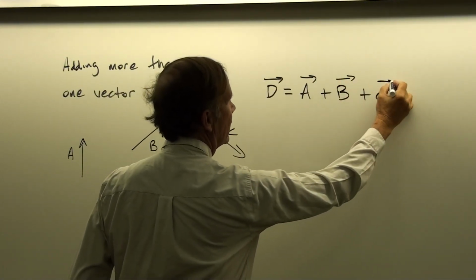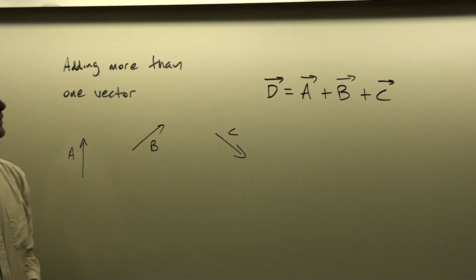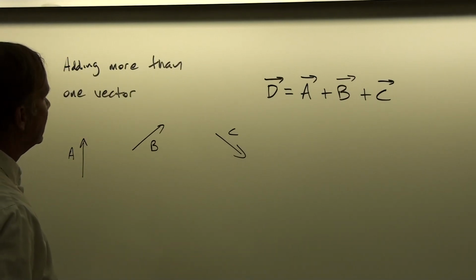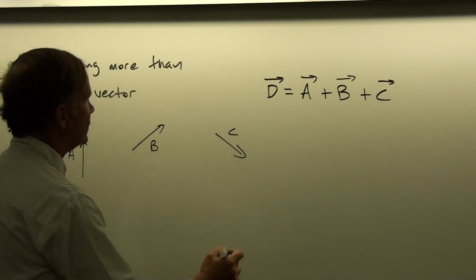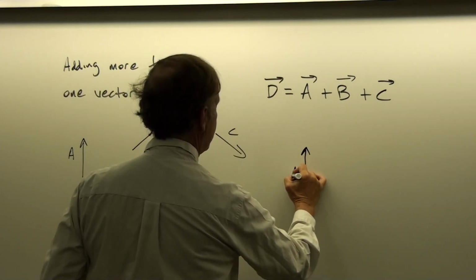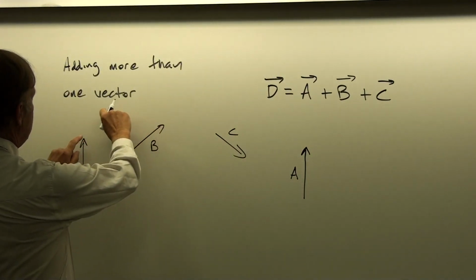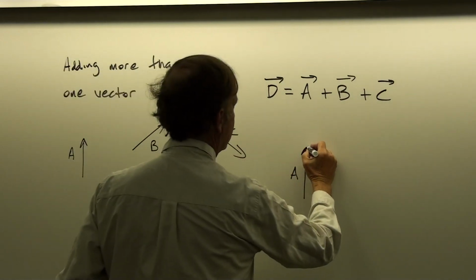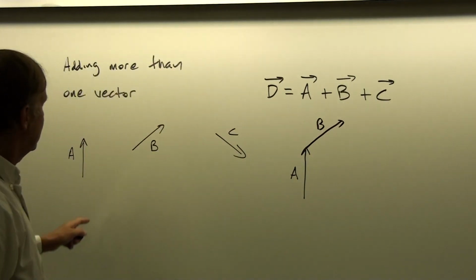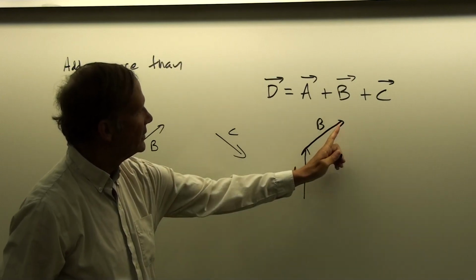Notice here that we are putting little arrows over these symbols to denote that they're vector quantities that we are adding. And so we just do the head to tail vector sum successively for each one. It doesn't matter which order we add them in, but we move the B vector such that its tail is on the head of the A vector, like that. And so then A plus B would go from the tail of the first to the head of the second.